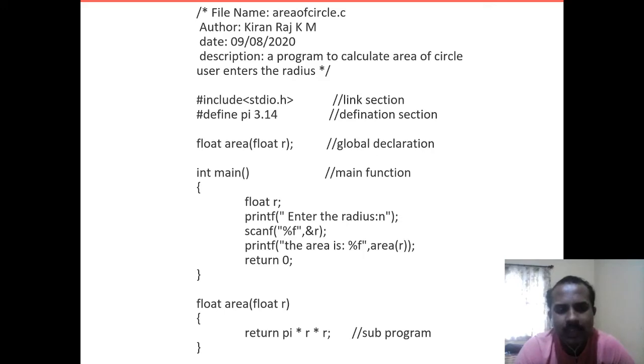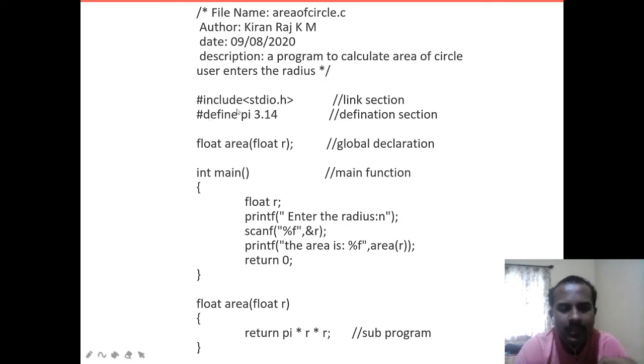And the next one is the definition section. The definition section is mainly used to define symbolic constants, or to define macros.